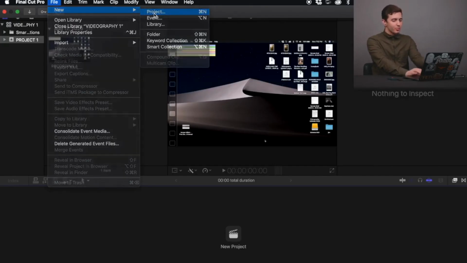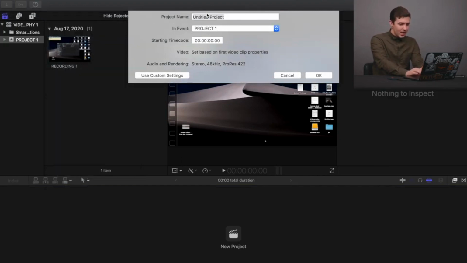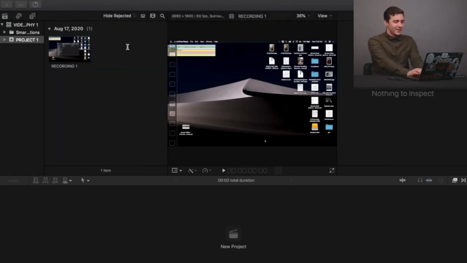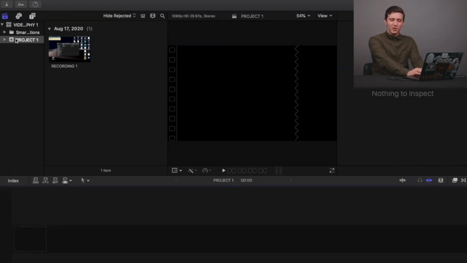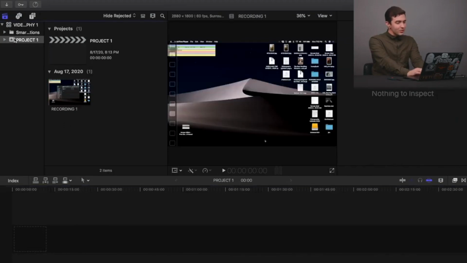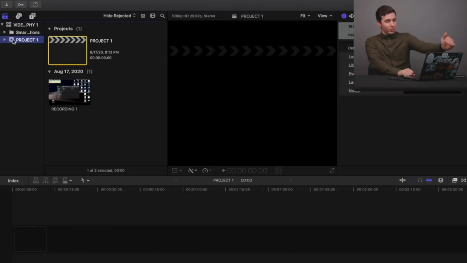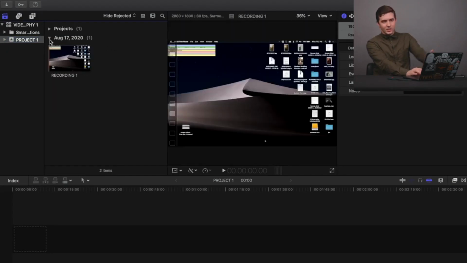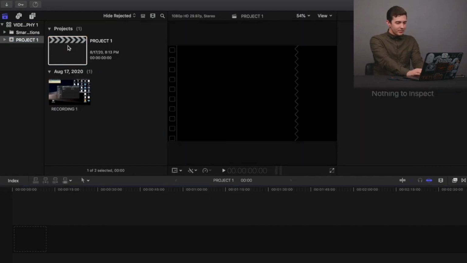File, New, Project, and I'm going to name this project Project 1. Maybe I should have named the event Event 1. That probably would have been less confusing, wouldn't it? So now you see inside the event we have a projects drop down, and then we have this data where basically that's just footage, you know? So project,